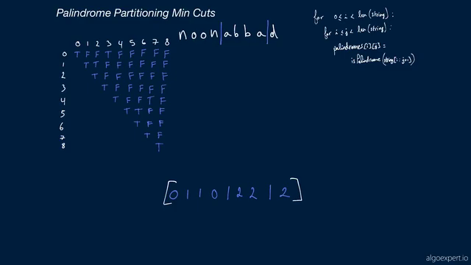Because the array itself has length n, where n is the length of our input string. But then remember, at each of these indices, if we're not dealing with a palindrome, we're reiterating through all the other substrings that come before it. So that's an O of n squared operation where n is the length of our input string. So you could say, okay, it's O of n squared, but no, it's not O of n squared,